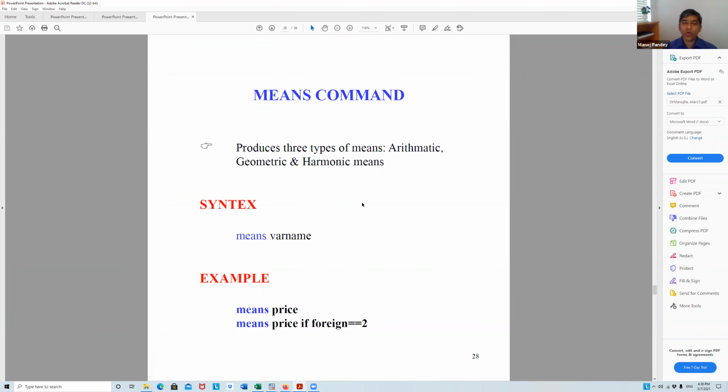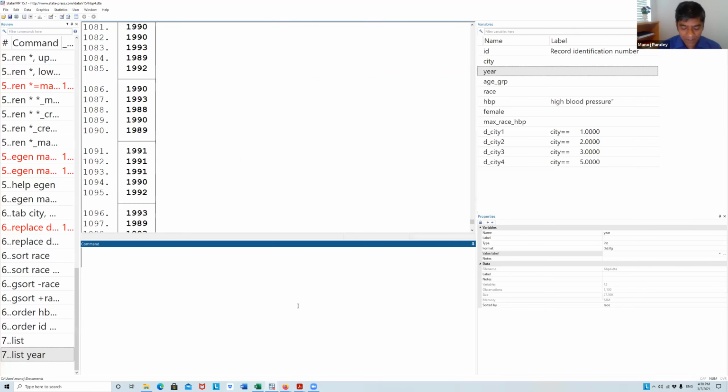The means command will give you all three types of means. You remember in the summary tabstat that we used yesterday, only the arithmetic mean was given. But if you're interested in the geometric mean or harmonic mean, which is quite useful in some cases, especially price and others, then you can have means of that variable.